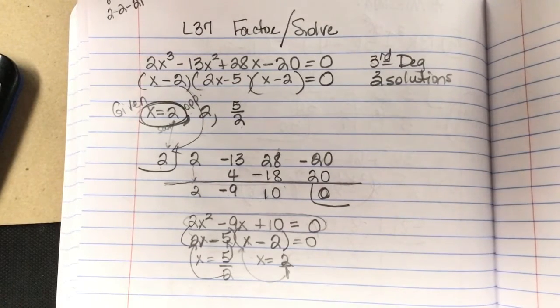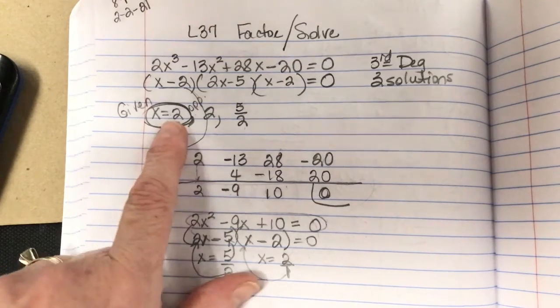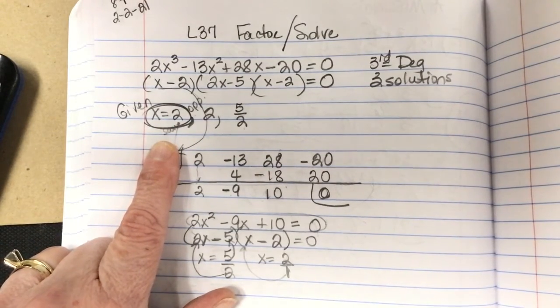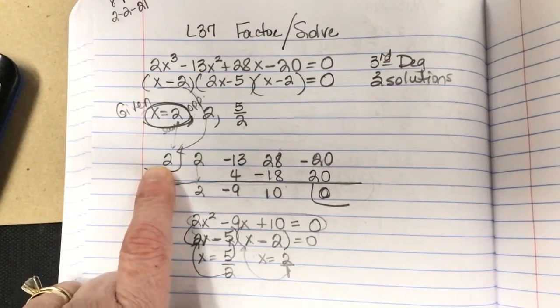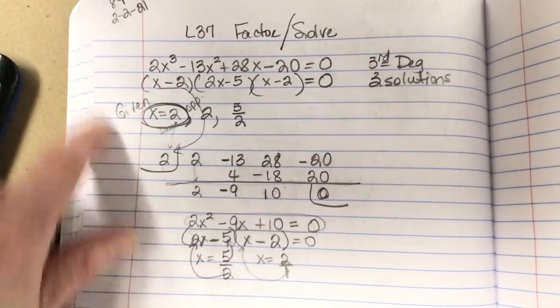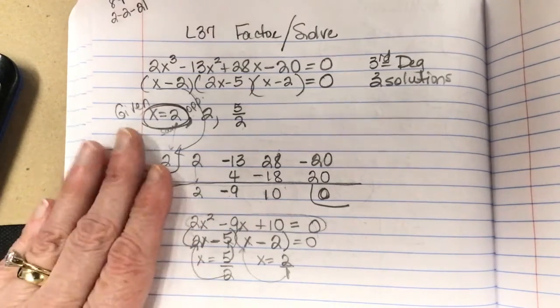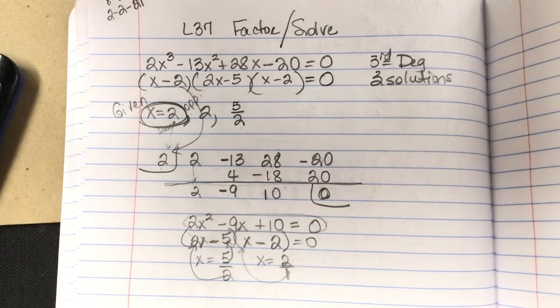Now, if you didn't have it, Claire, what you would have to do is graph it to find one, because you would be able to see this one if you graphed it. It would look like this, and it would touch it too, and then you could do the division, and then you would get this. You would get the same thing, but you'd have to graph it and get one of the roots, and preferably an integer, because we don't necessarily know that that's 2 1/2. You know, it could be 2 and 3/4, or it could be 2.8 or something. You wouldn't know that one. And it's very time consuming to graph it. We don't want to have to be able to do